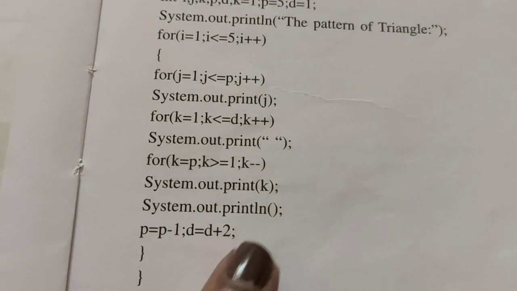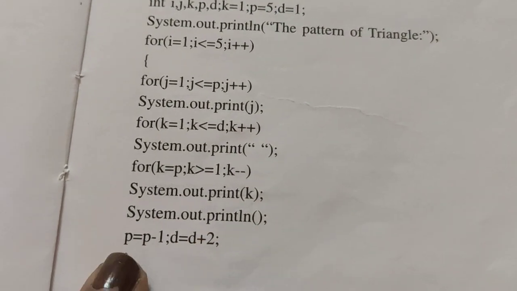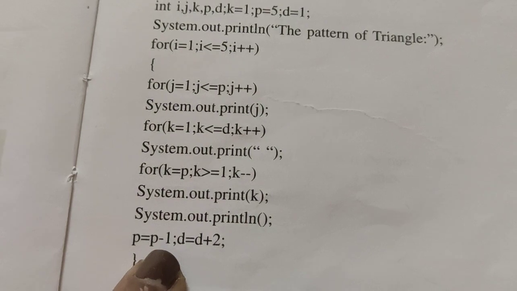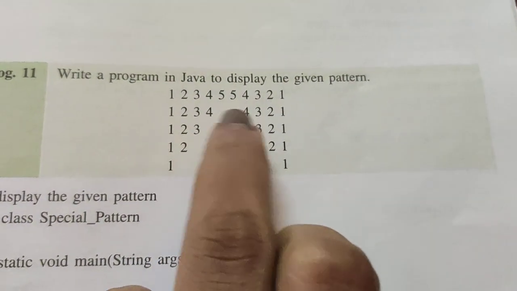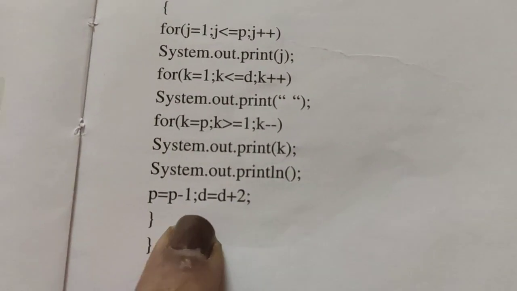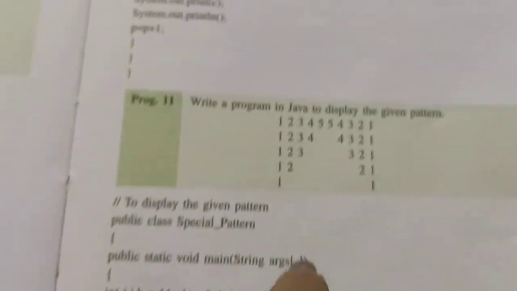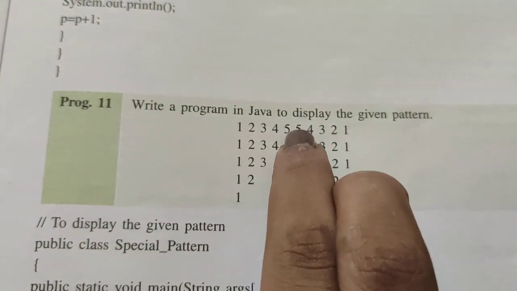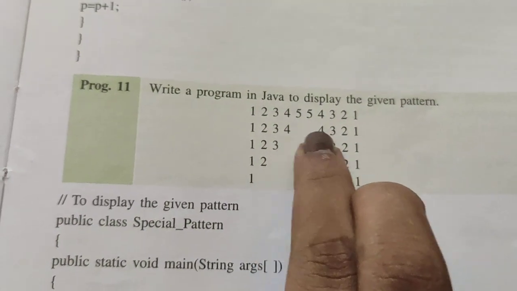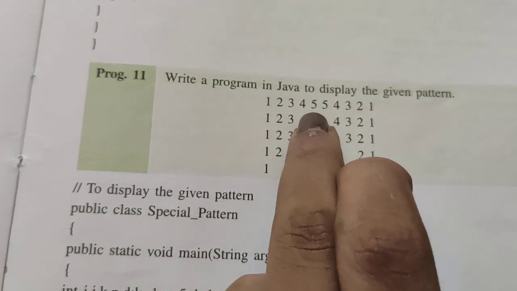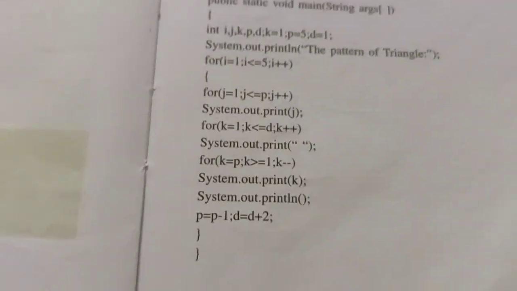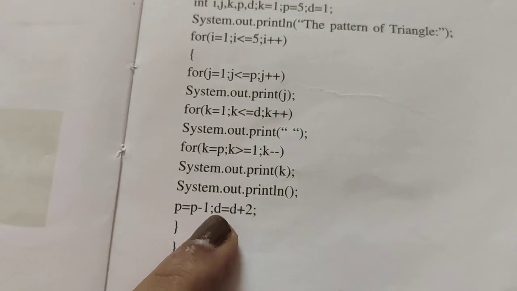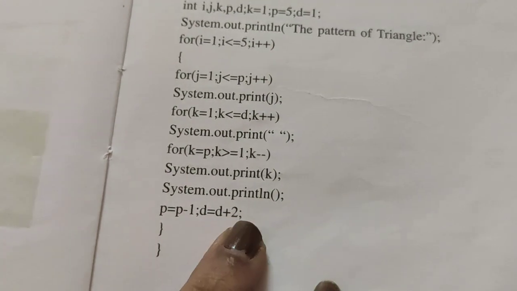After that you are going to the next line, so System.out.println, and here what you are going to do is p is equal to p minus 1. The reason is, in the next line you are going to print only till 4. That is the reason they decrement the value of p, and d is equal to d plus 2. The reason is, including this middle blank, you are going to get 3 blanks here. Instead of 2 5s with 1 blank in the middle, you need 3 blanks. Already d is equal to 1, so d plus 2 gives you 3